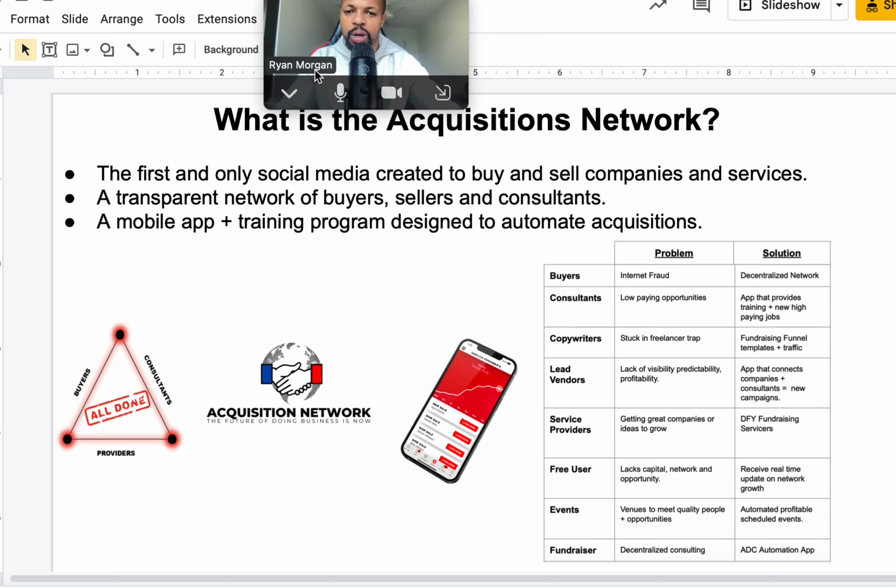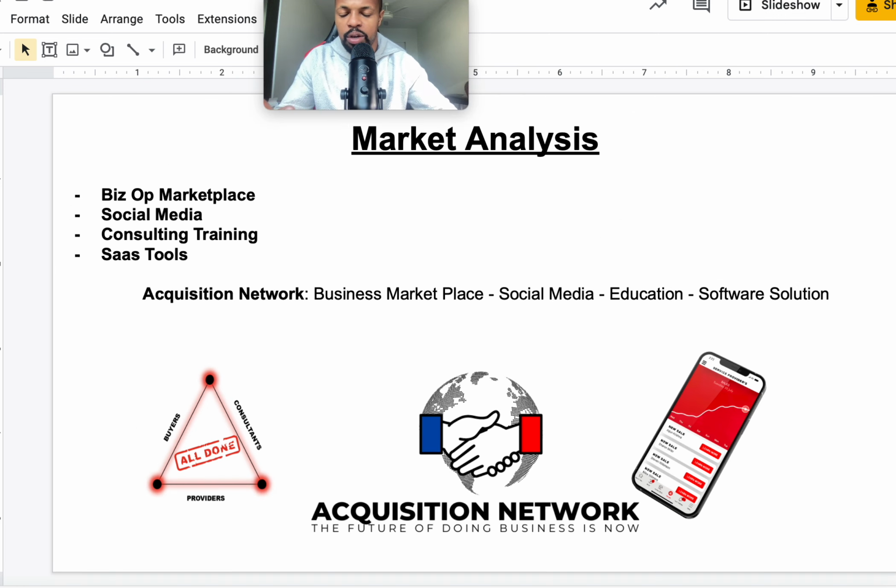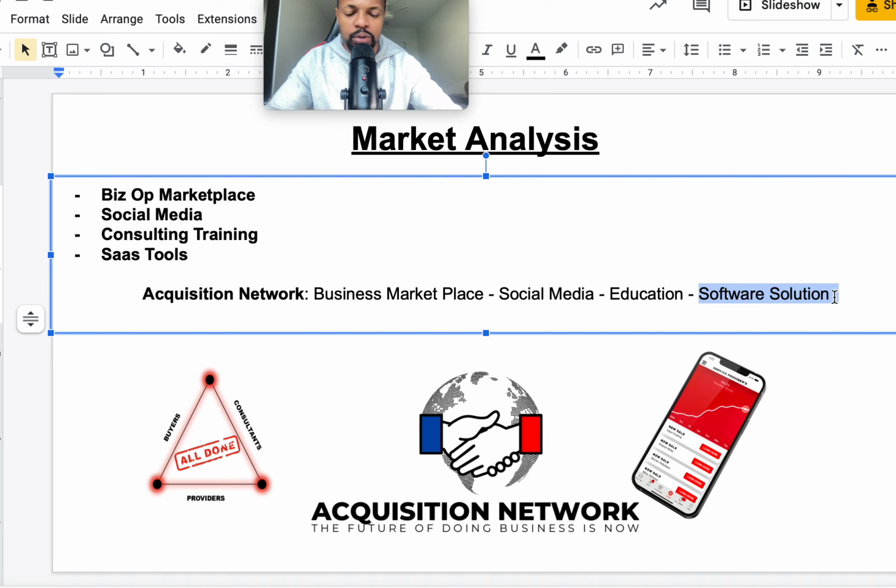We created a transparent network of buyers, sellers, and consultants to automate business and client acquisitions. And what we did is we combined all four of these markets into one MVP product for the one-time payment of $100. So right now I'm breaking down software solutions